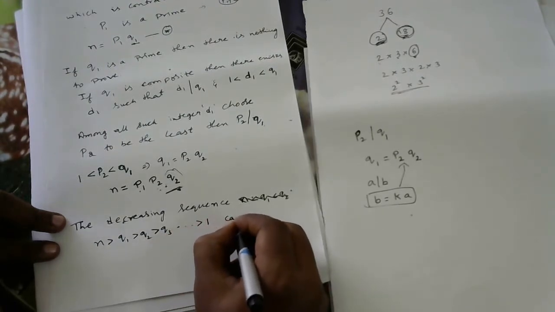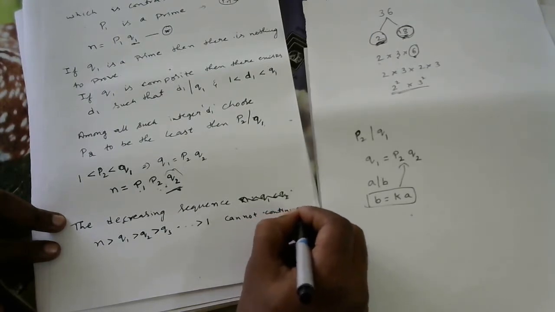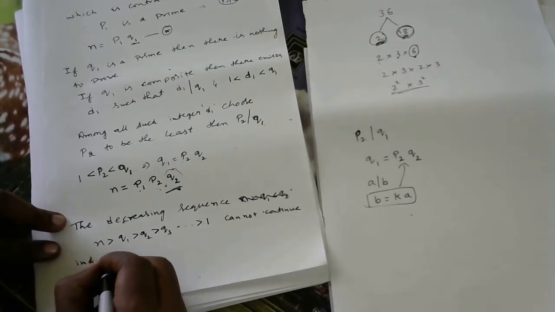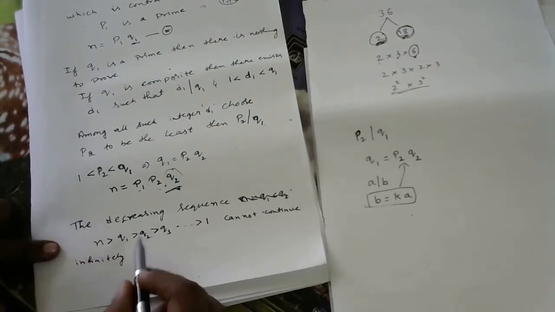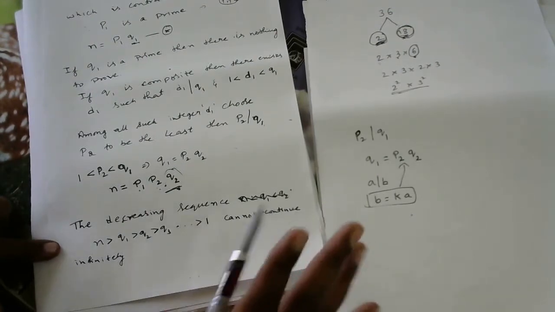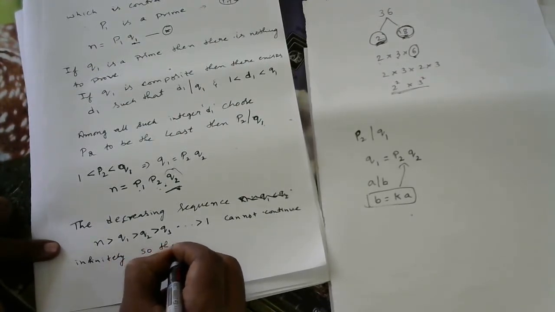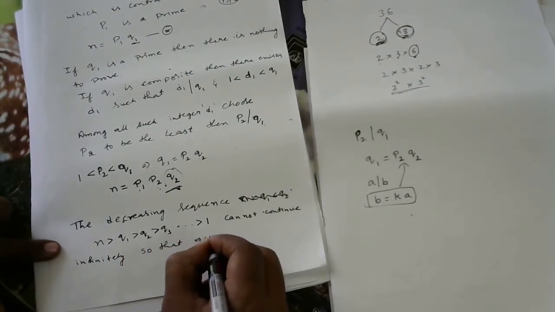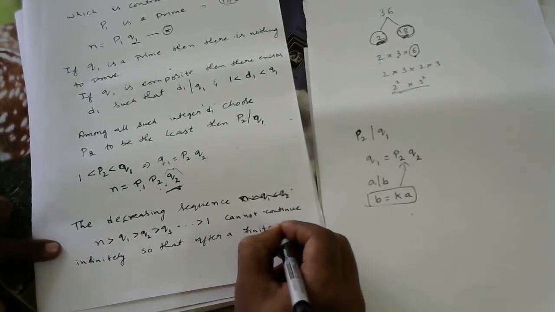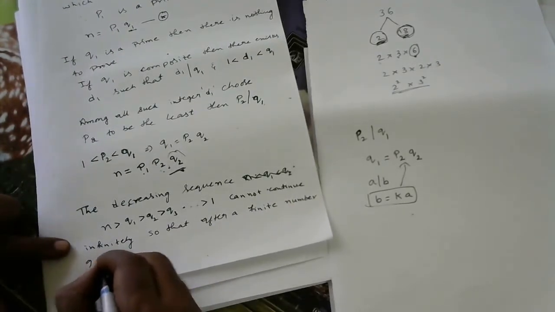Here it cannot continue to infinity, because it will be a decreasing sequence, right? You can't continue up to infinity. So after a finite number of steps,